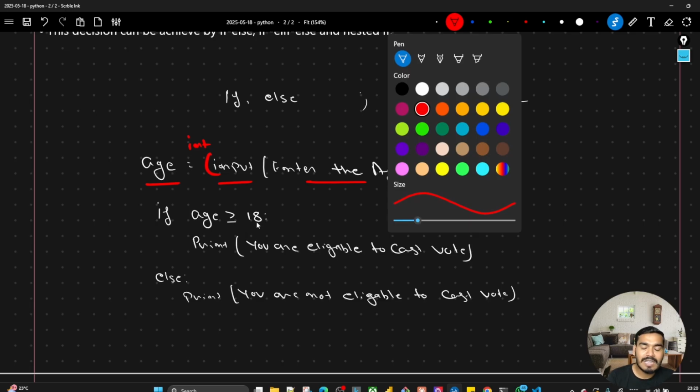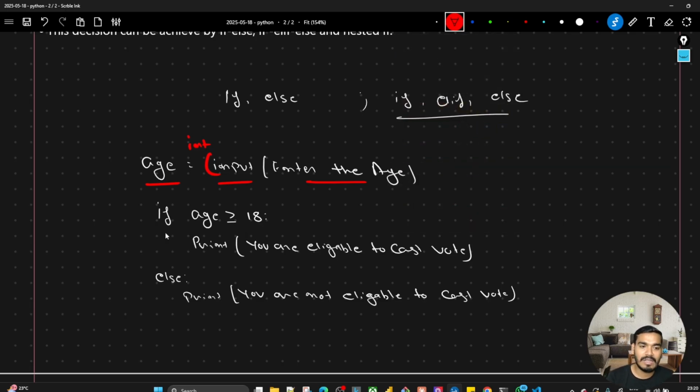Now the question is how this is working over here. If age over here, then I'm leaving some space, then again else, and this. See, a conditional statement can be achieved by if else or if elif and else. Right now I have only one condition to check, so we will first focus on this if else, and later we'll move on. Okay, so the statement is that if, then some condition,